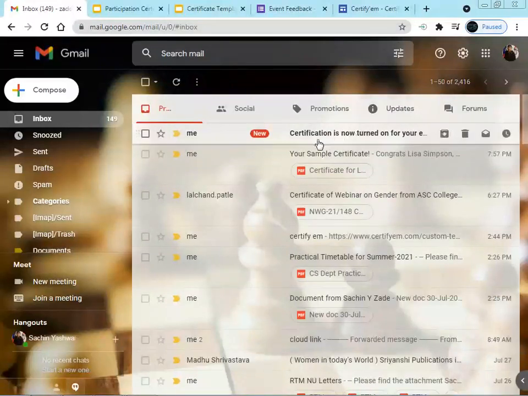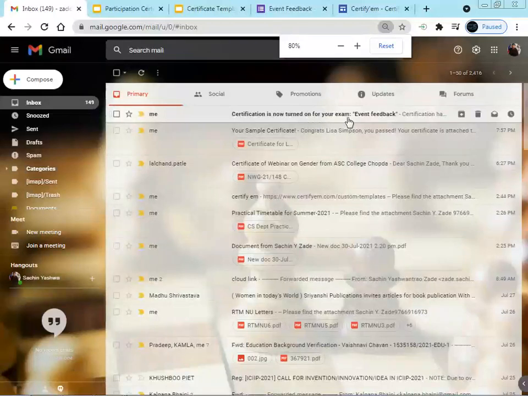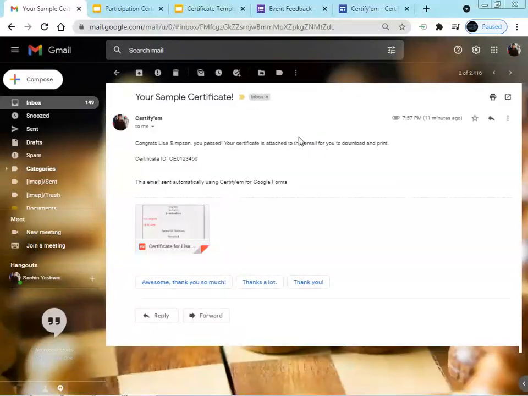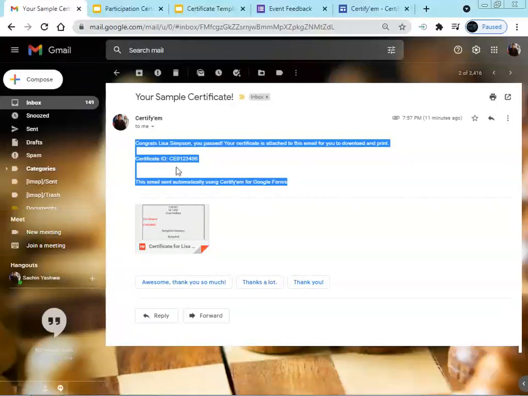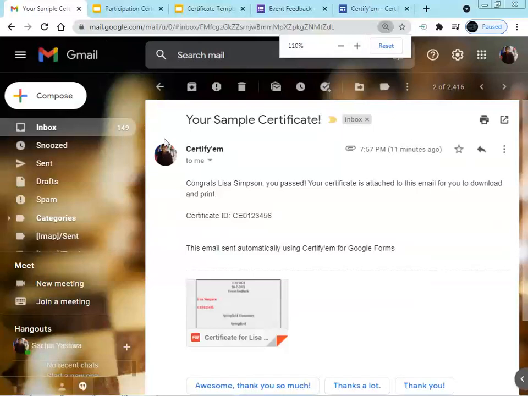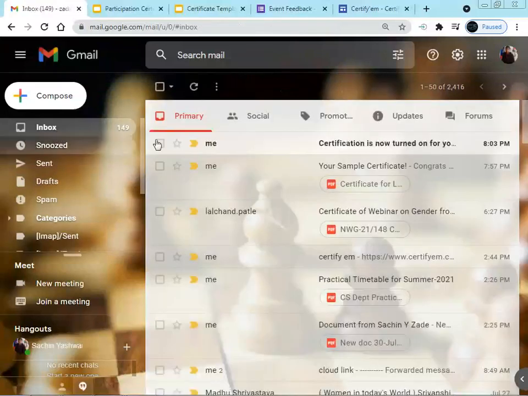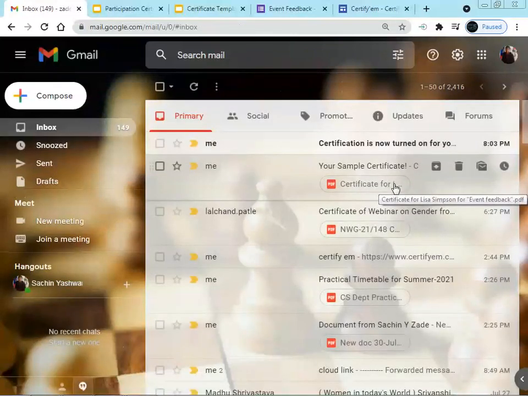As we had said, when we turned on, we get the email on our account that the certification is now turned on for your examination. As in the sample we get the congratulation message. We are not seeing anywhere that we are receiving the email from the certify em, we are getting it at the top. So now we are going to change this, so that we are getting the email from the proper sender.